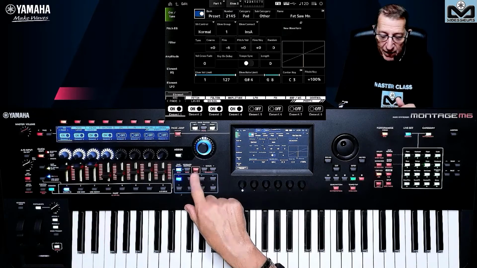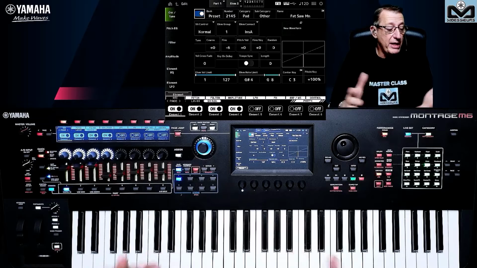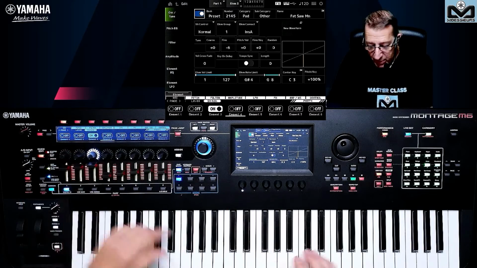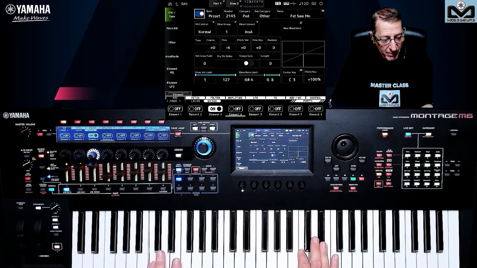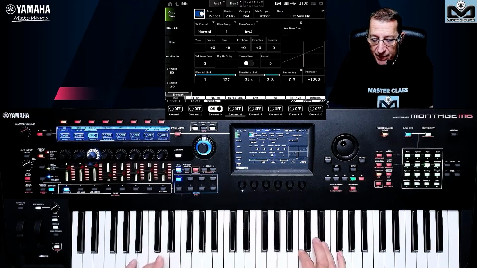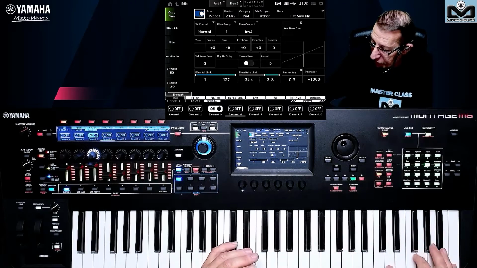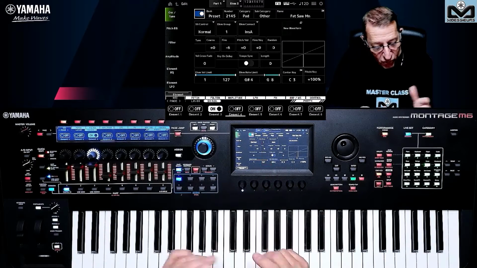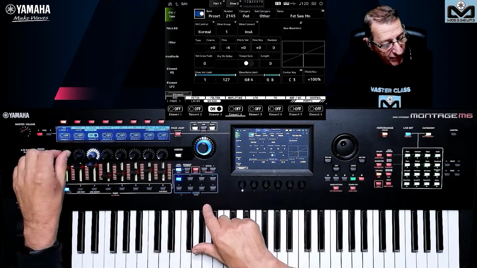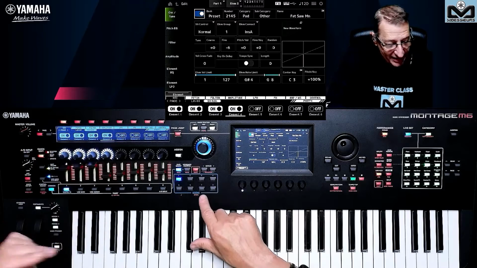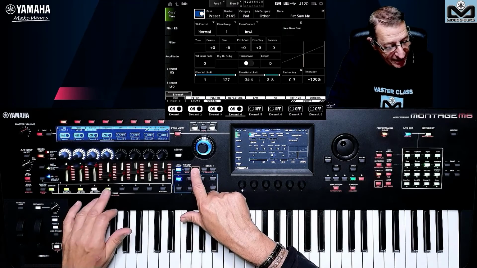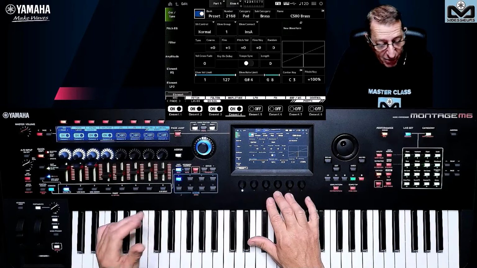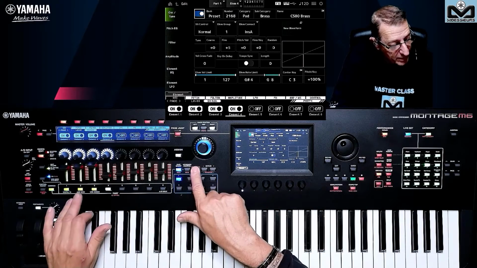So let's go on the 3 and say, okay, I do not know really what it does, but I can do like that. I can do solo if I want, but here it's very quick to do like that. And here I have nothing because it's on the top. You see here the note limit is on the top. So perhaps not a good example with this one. So let's change to the CS80 perhaps. Let's go and see the CS80. The CS80 is on the top too. So let's go to element 2.